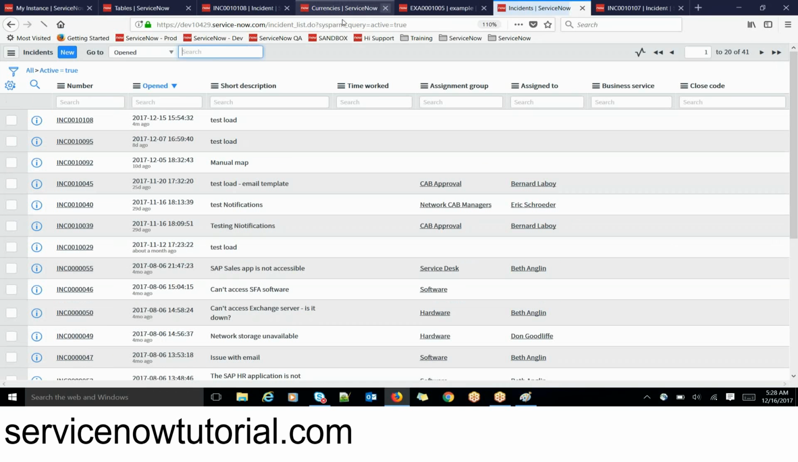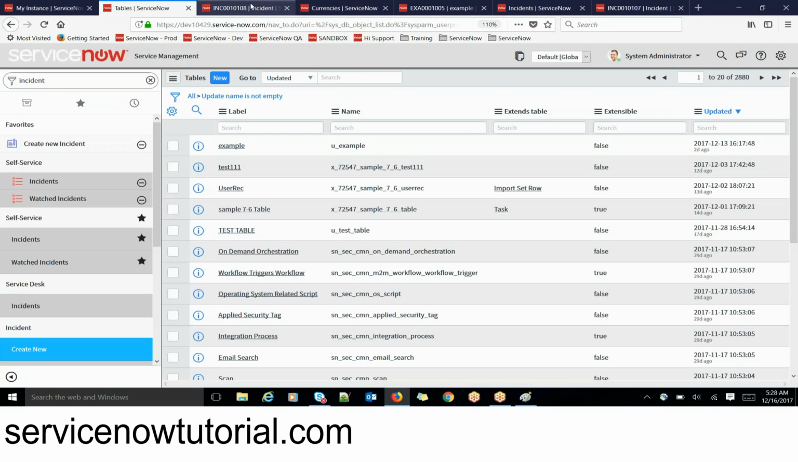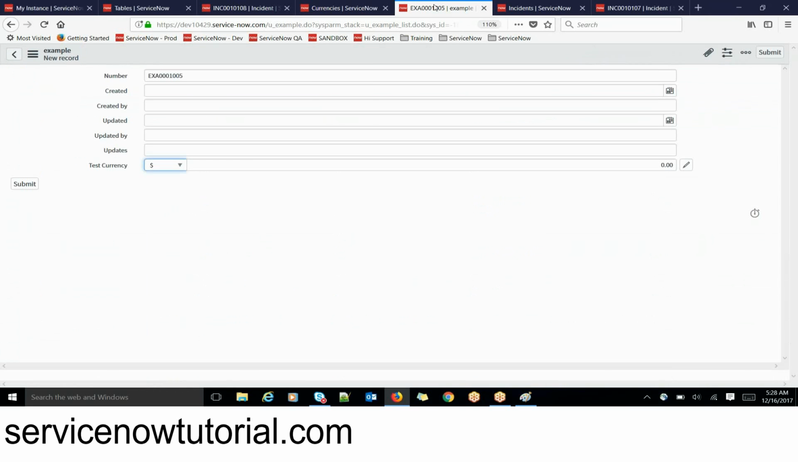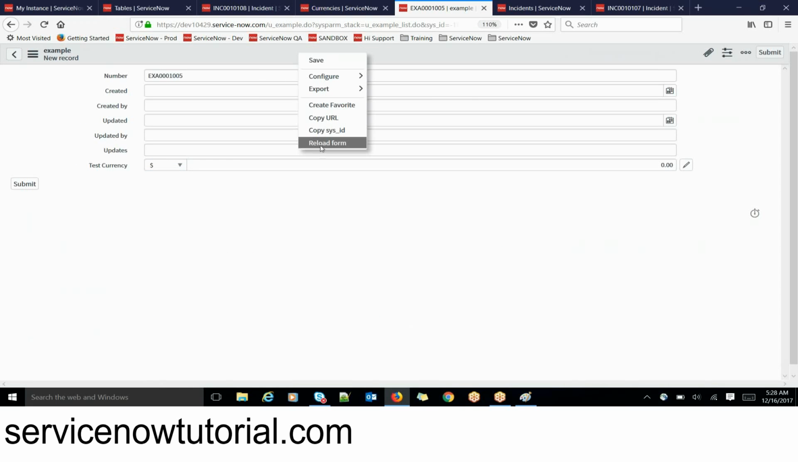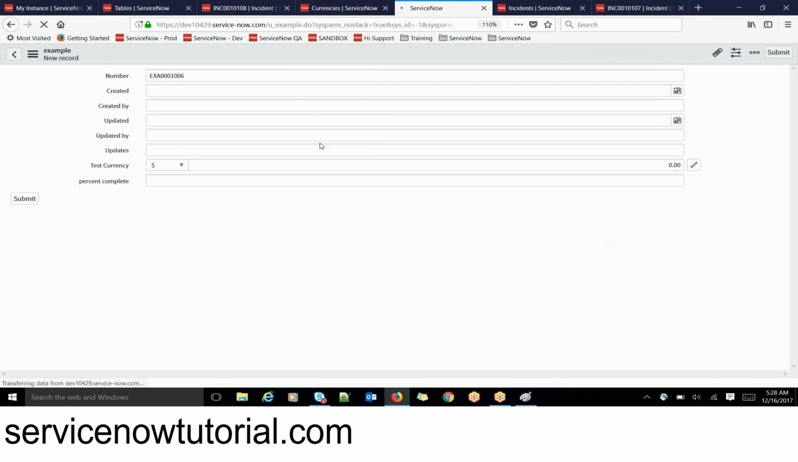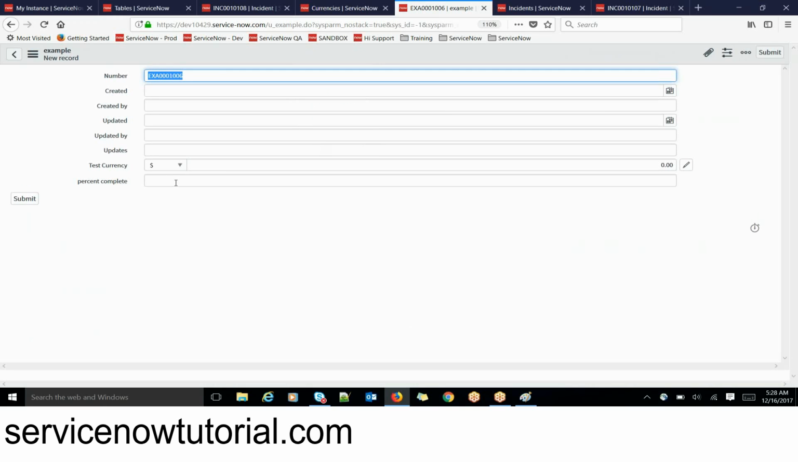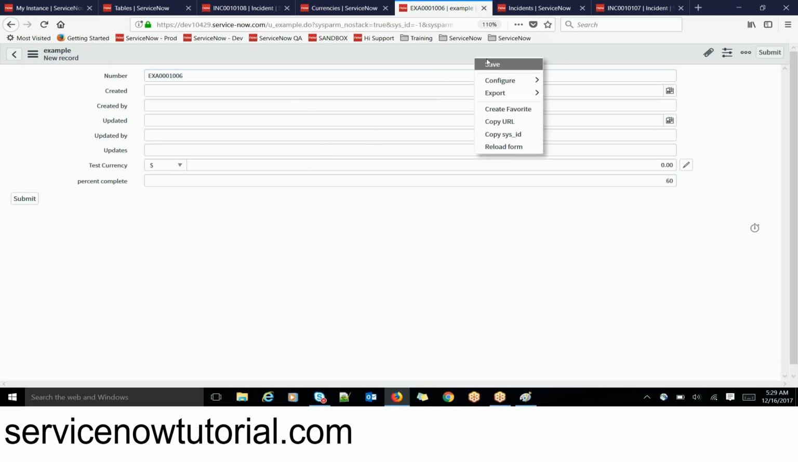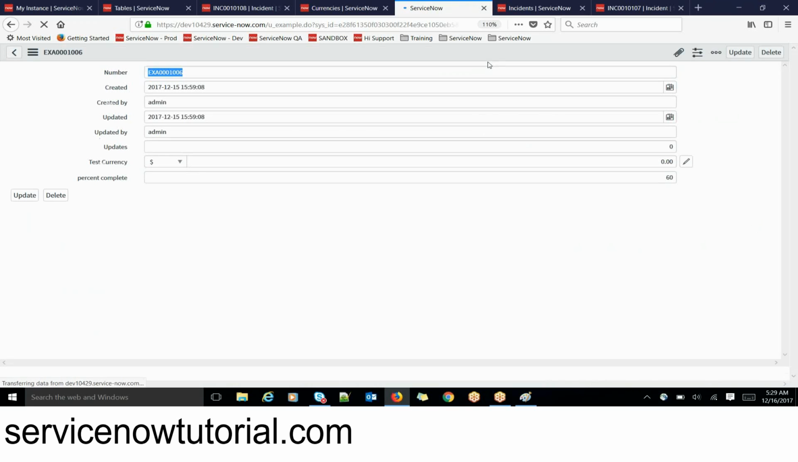Let me submit. Okay, where is my new record? So this is the example record. I'm going to reload this. Now I have the percentage complete. Now I'm just going to add some value here. I'll add the value as some 60%. I'm going to save the record. Now, if I look at this in the list,